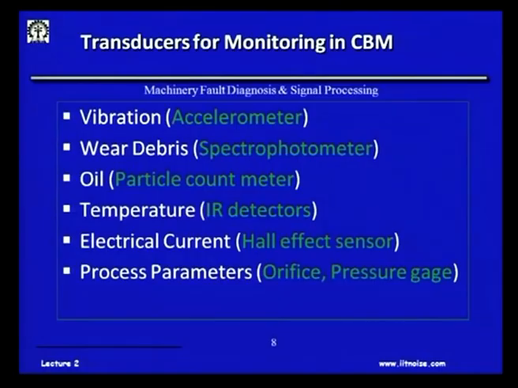And then next come the process parameters, finding out the flow rates of the processes, particularly in chemical process plants, fertilizer plants, etc. People would like to monitor the flow rate with an orifice or a venturi meter or a turbine flow meter. There are a lot of pressure gauges to measure the pressure in the chemical process and so on. So, these process parameters indirectly will give a clue as to what is wrong with the machines running that chemical process.